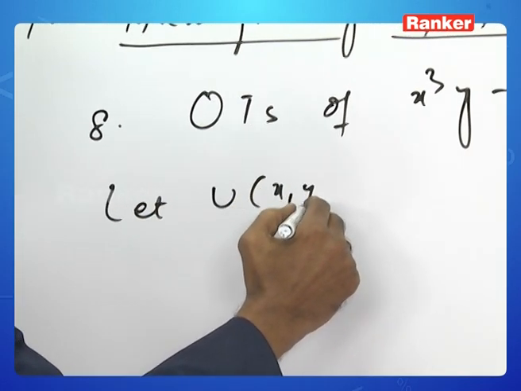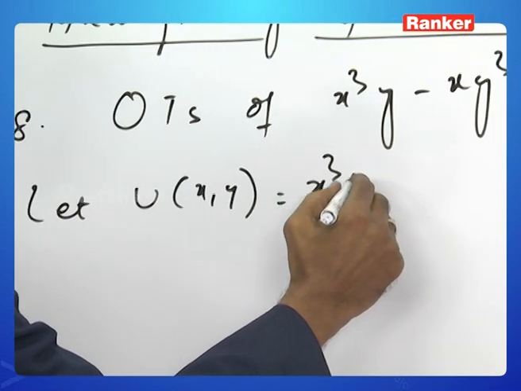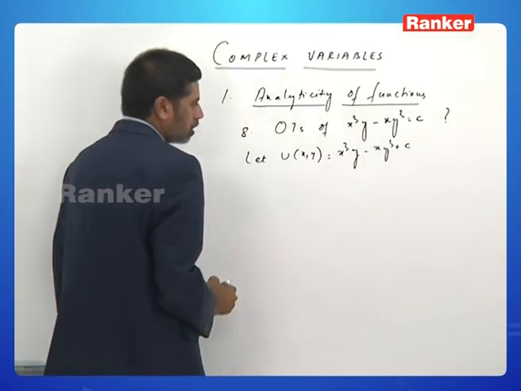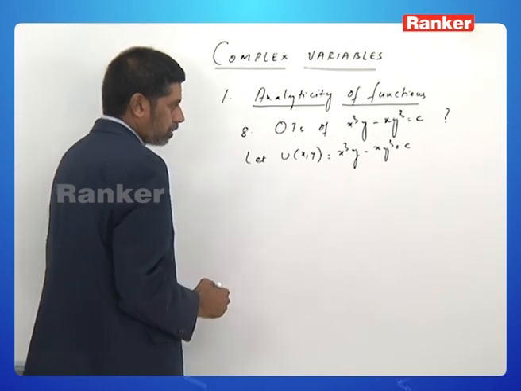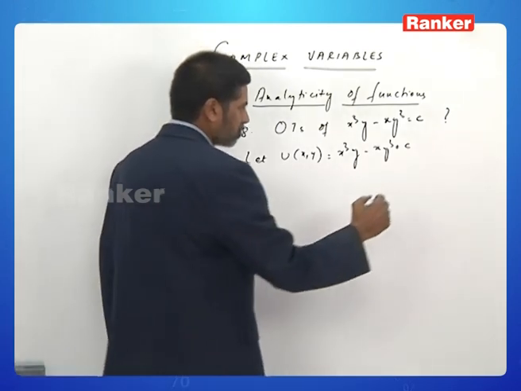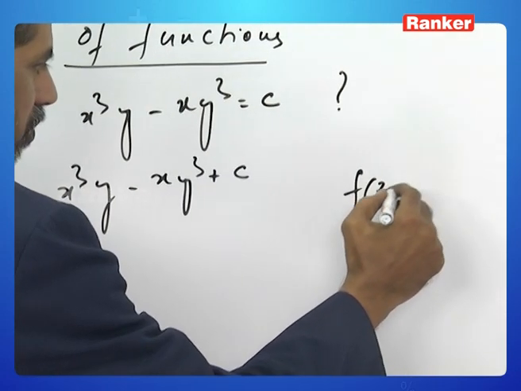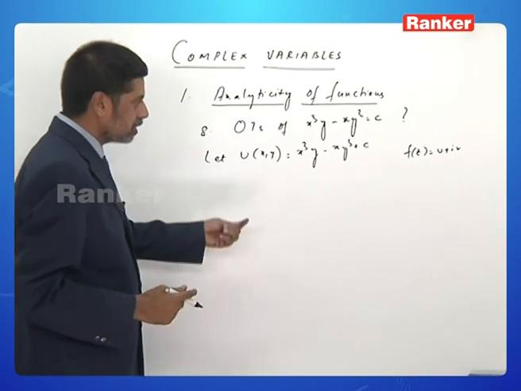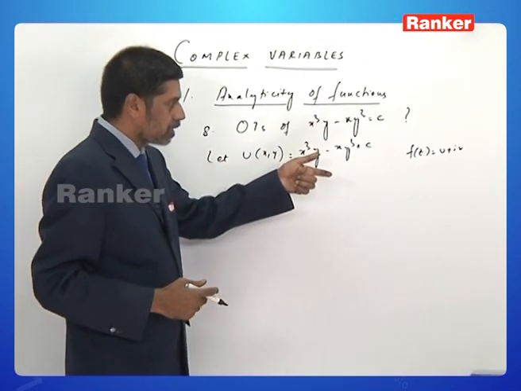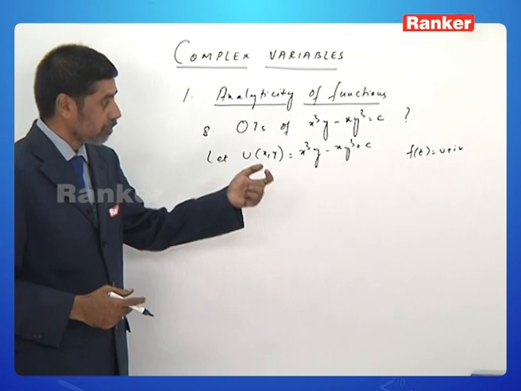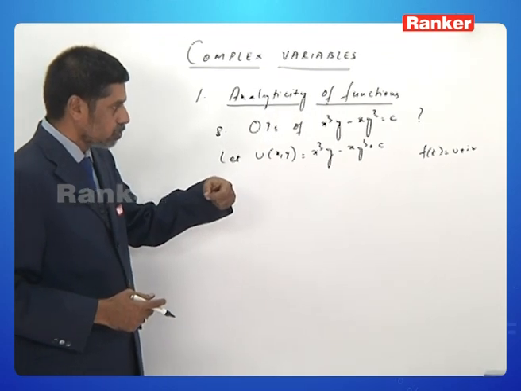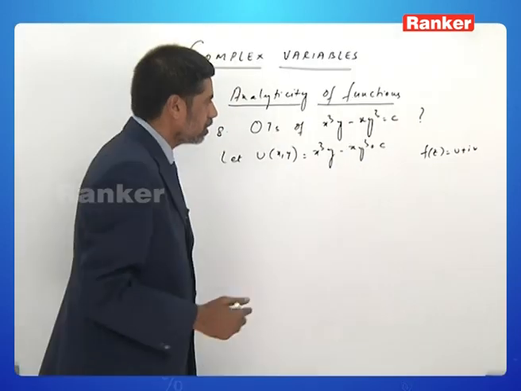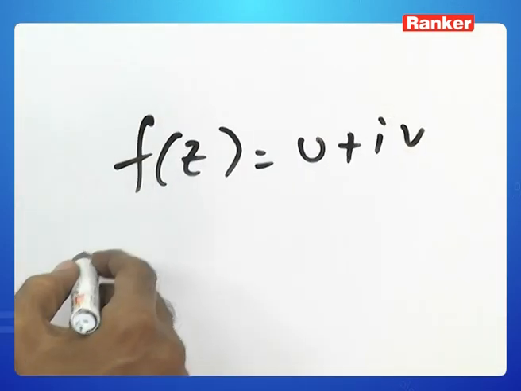Let us take this as the real part of an unknown analytic function f of z. f of z is u plus iv, and we discussed earlier that the real and imaginary parts are mutually orthogonal provided the function is analytic. So we can build the function and then extract v out of that, for which we can apply the Milne-Thomson formula